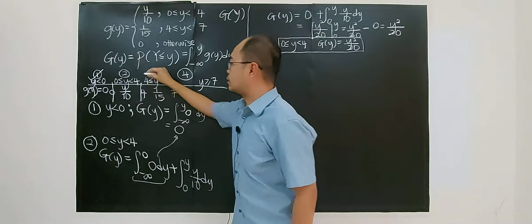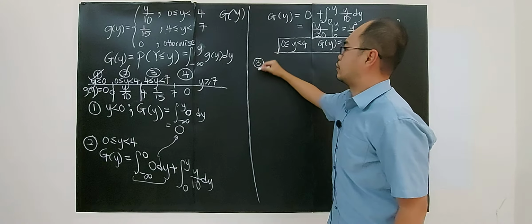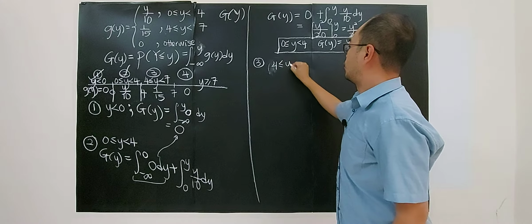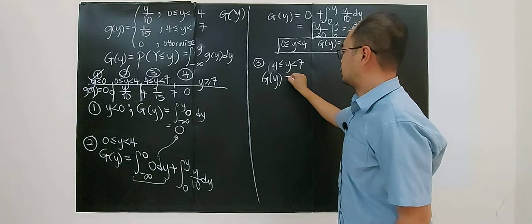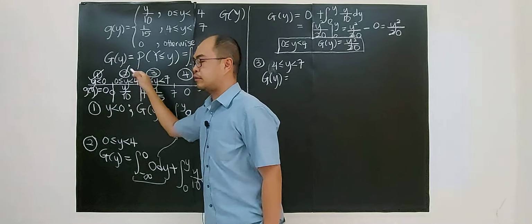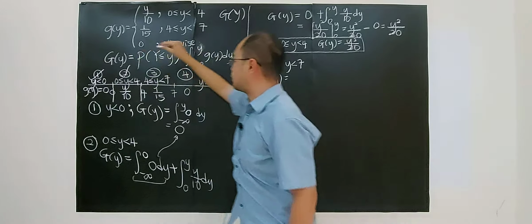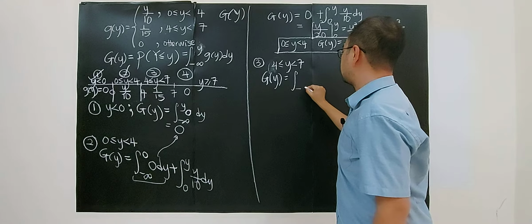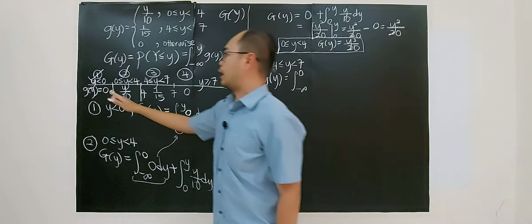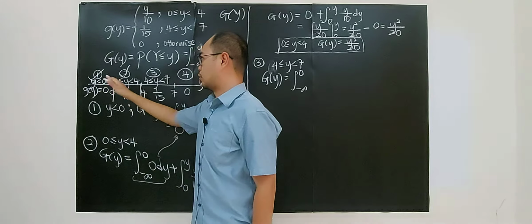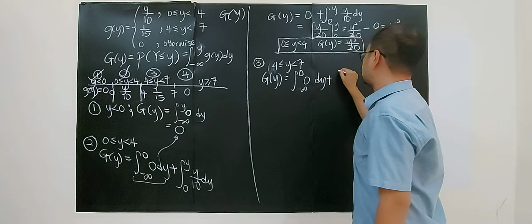Now before I go for the third interval, I put a tick here. Now I want to find G for the third interval, which is 4 ≤ y < 7. If you want to find the cumulative distribution, you have to start all over again, starting from the first interval. But I already put a tick. When I already put a tick, it means that it starts from negative infinity up to 0, already passing, already ticked. So for this interval it is 0 dy plus